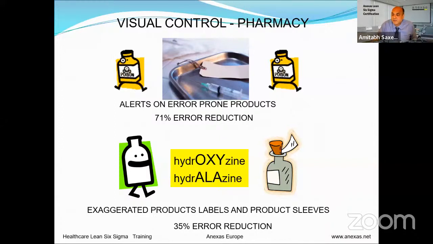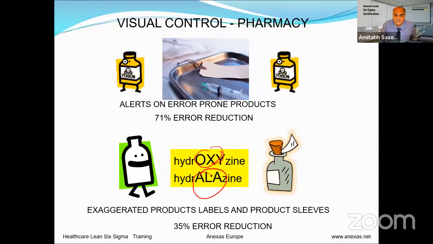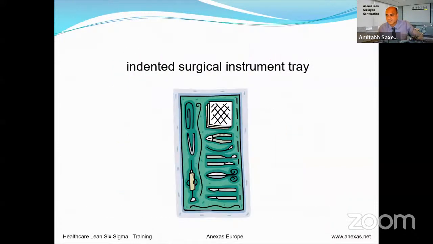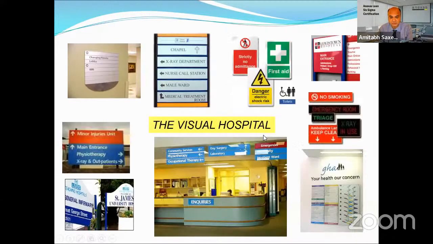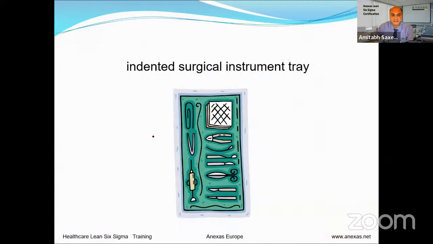A visual approach, visual control will help you to reduce the errors in the system. So try to have these kinds of visual controls in the system as much as possible. One concept is poka-yoke. Poka-yoke means even by mistake, you cannot commit a mistake. So to prevent those mistakes, you can use visual controls. So you will not forget anything if you use